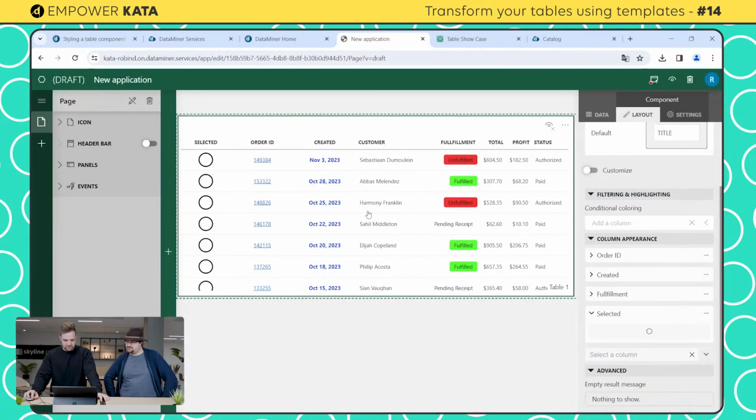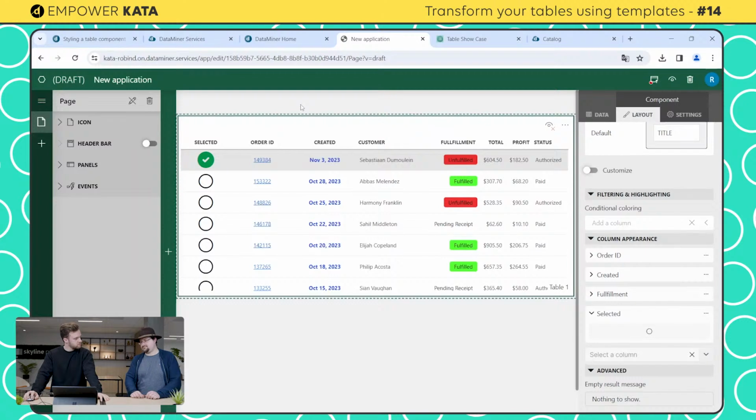There we go. Save this. And now if we select hero. That was easy. That was easy. And awesome. Yeah. So we went from a pretty boring table